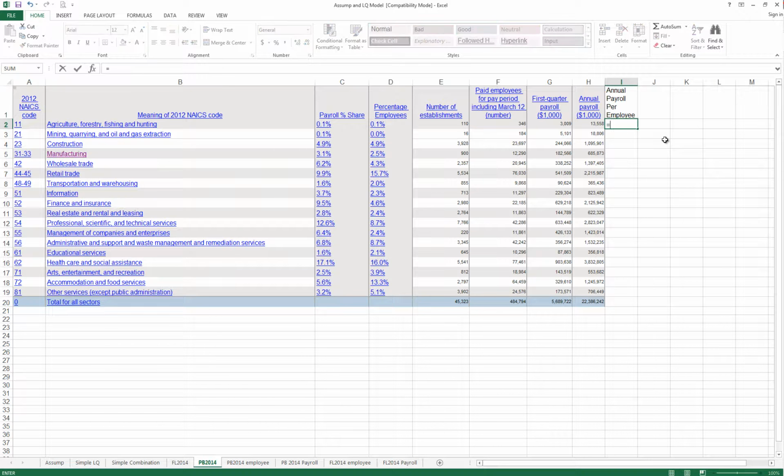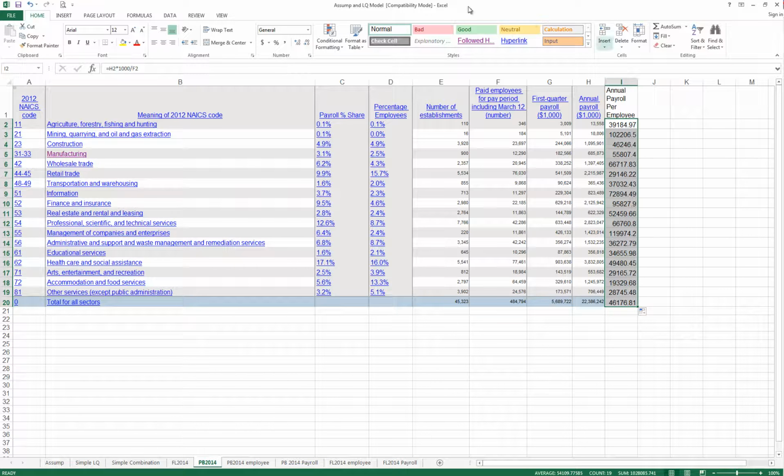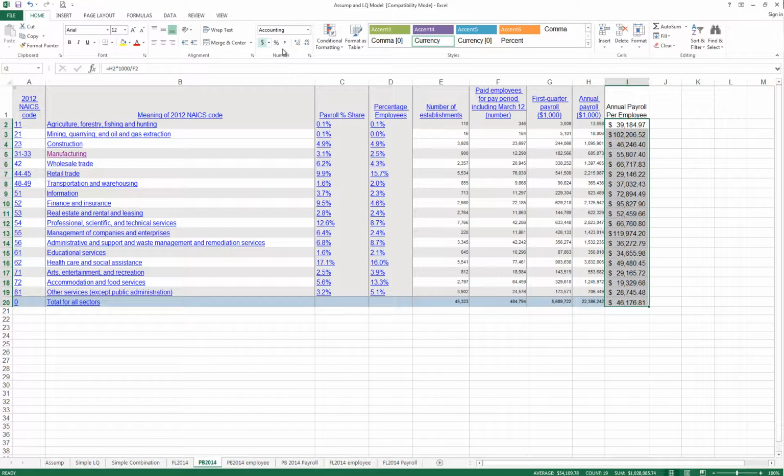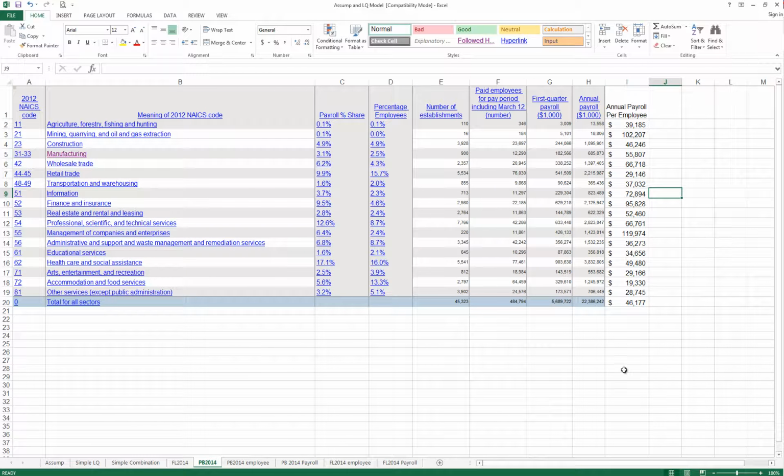And then I'll just have this times 1,000 divided by paid employees, and then I'm gonna format it a little bit, delete the decimal places. So now I got the annual payroll per employee for Palm Beach County,